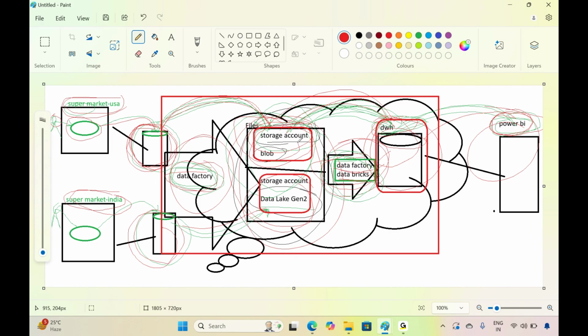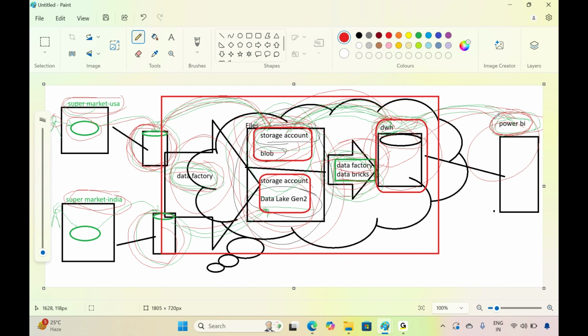Why do we need this data to be consolidated into one place? The reason is that we have to keep this data and use it to design reports. Here you can see we are going to use the Power BI tool to design reports and dashboards.